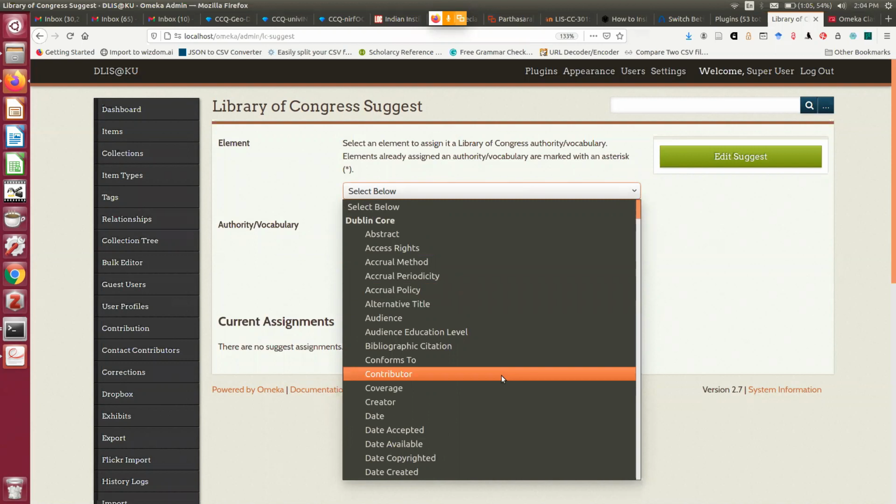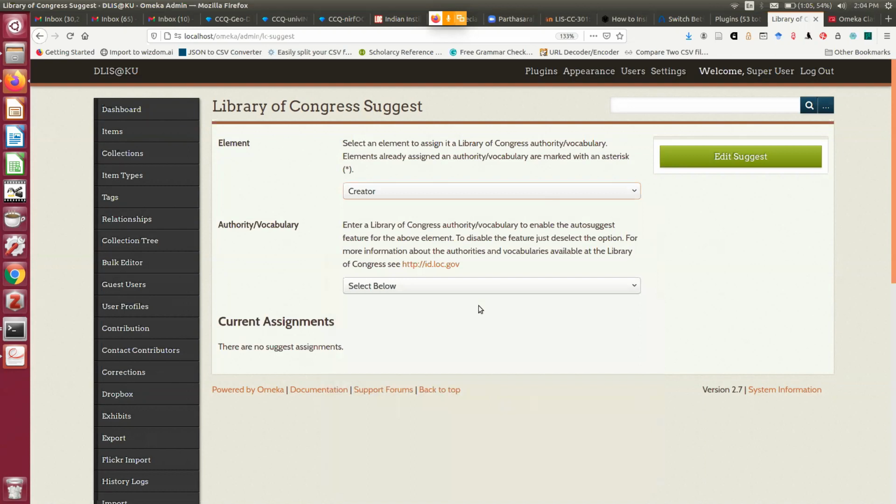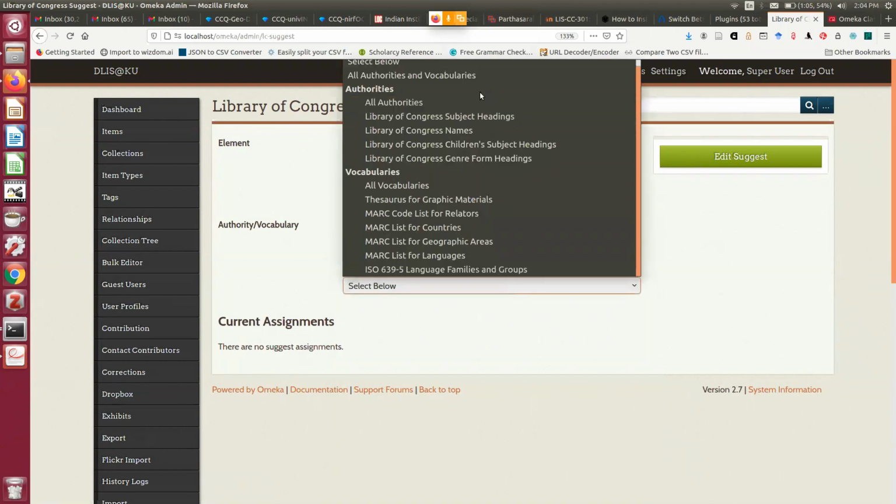So in Dublin Core, which particular element? Say dc.creator. Now dc.creator are basically names, either corporate name, personal name, institutional name, and so on. So for the corresponding authority file, you can see what linked open data authority files are listed here. I have LC Subject Headings, LC Names, Children's Subject Headings, Genre/Form, and different kinds of vocabularies. These are authorities and these are vocabularies.